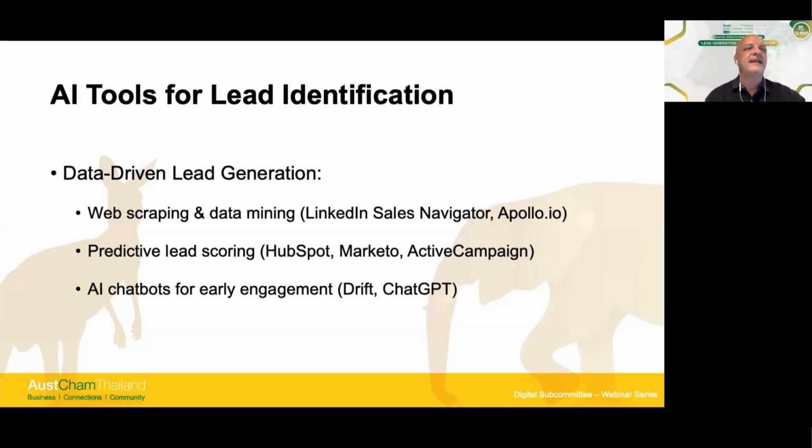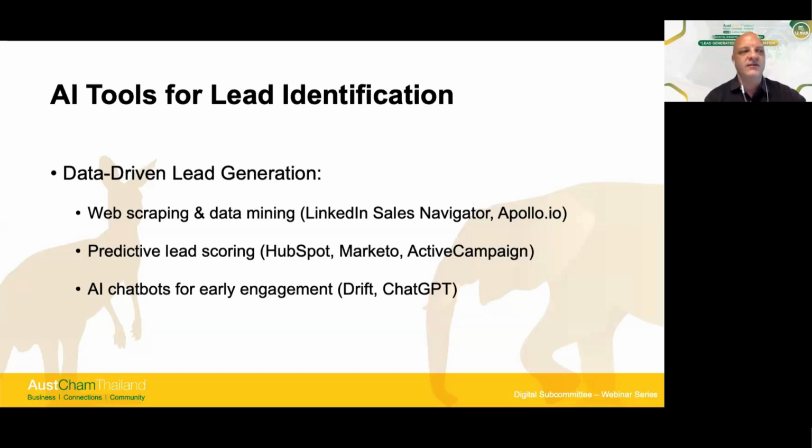So let's have a think about an example of how that might work. So again, a visitor browses a pricing page on your website. An AI chatbot, maybe Drift, pops up and offers help. If the visitor engages, the chatbot asks qualifying questions. What's the size of your company? What needs do you have? What's your headcount?